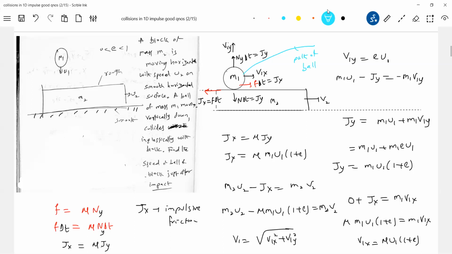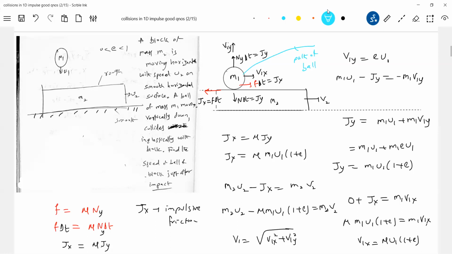No, sir, what about the weight? See, here the Ny will be of order 10 to the power 6, 10 to the power 8, 10 to the power 9. What about the weight? Weight of the ball is of order a few newtons. So definitely the contribution to the change in momentum by the normal contact will be very much greater than the weight. That's why we just neglect it. In general, change in momentum will be there due to all forces, but the contribution by the weight of the ball is negligible. So we neglect it because the Ny will be of order 10 to the power 6.